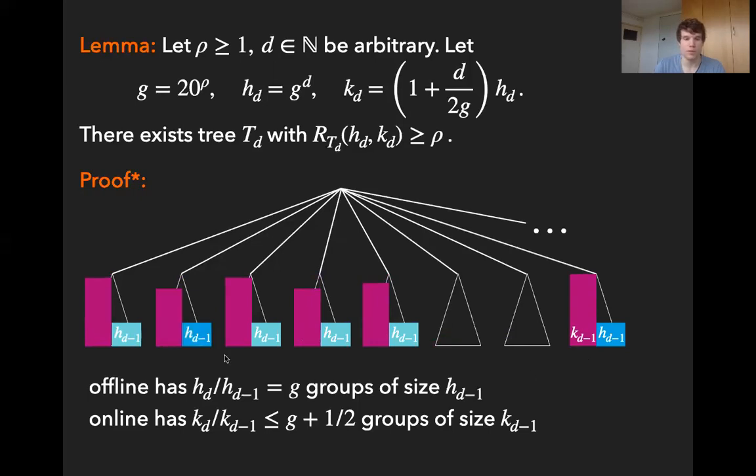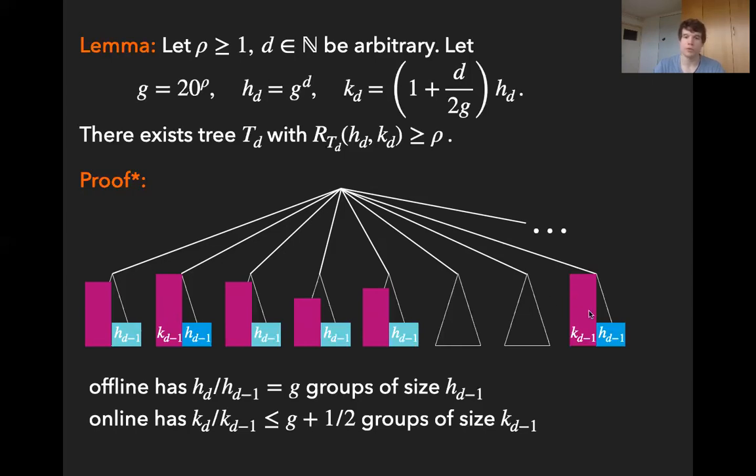And once this happens, we look which of these subtrees on the left now has the lowest number of online servers, or expected number of online servers, which would be this one. And then we say, this is not a subtree from which we took the offline group that went to the right. So we do keep the offline group here. So I changed the shade of blue here. And now we're going to issue the request sequence from the induction hypothesis also in this subtree. Again, until the number of online servers has grown to k_{d-1}, which of course will reduce the number of online servers in the other subtrees.